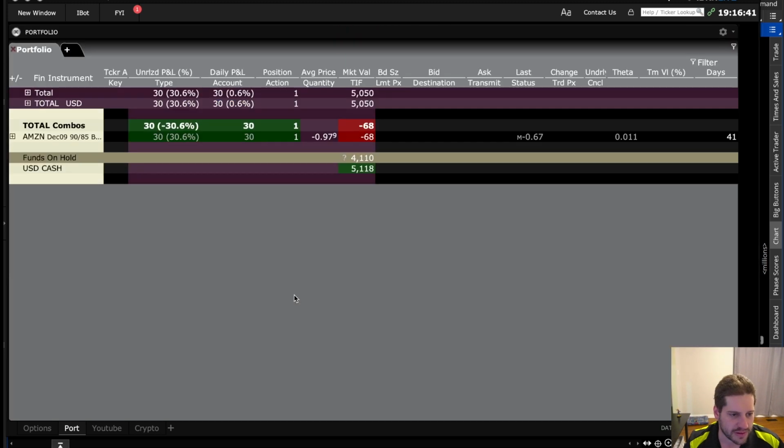We'll switch to the portfolio view. You can see when I sold it, I got 98 cents credit because there's a $2 commission for doing that. And right now it's only worth 68 cents, so I'm up about $30, and I haven't really done that much with it. Go to the trade log,